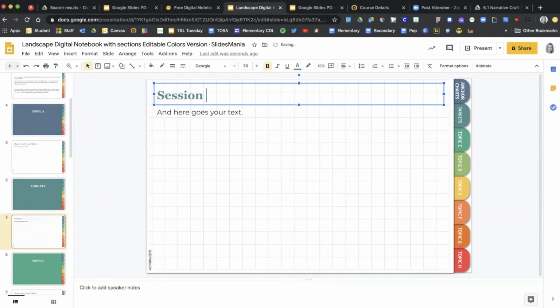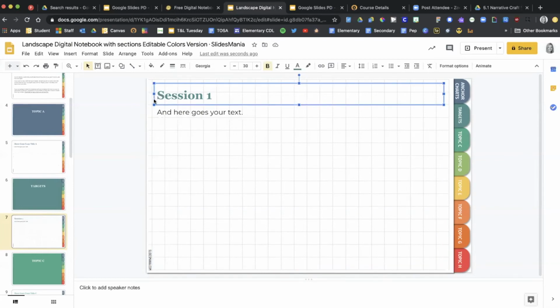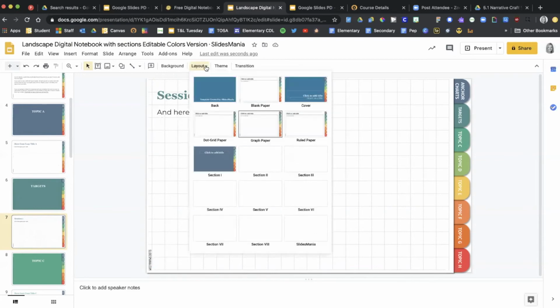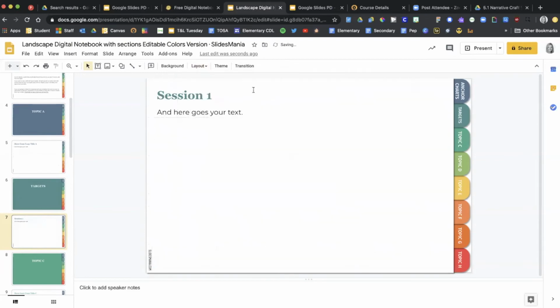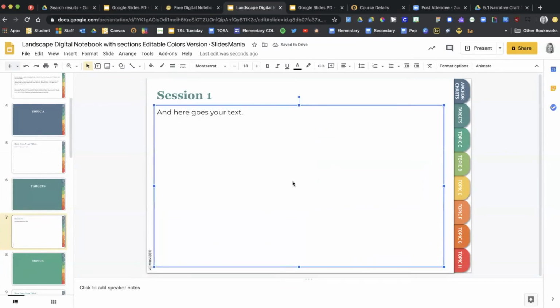And you could go through and specify what you wanted. You can add images here. I don't love that it's graph paper because that's not going to work for me. So remember, I can go up to layout and choose that I'd rather have blank paper. Oh, much better. Now, if I decide there's a certain template where I wish kids all had a box, they're all going to do their thinking in a specific text box, I could do it on each page, right? If I do it here and I'm creating this text box, the kids can manipulate it and move it. Okay? If I want something where kids cannot manipulate it or move it, I'm going to need to build it